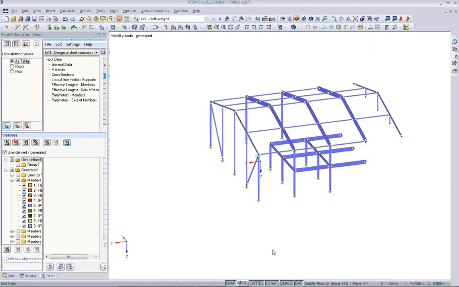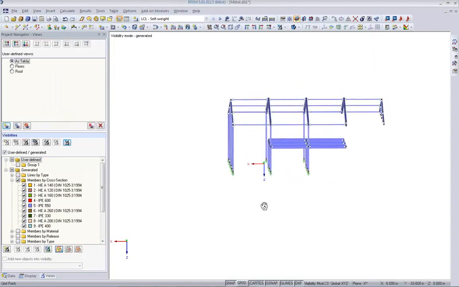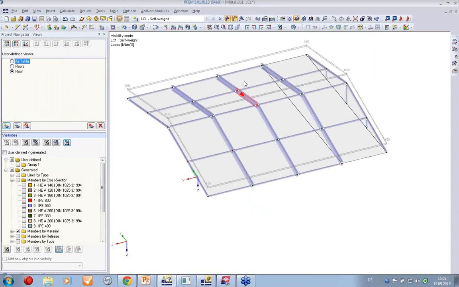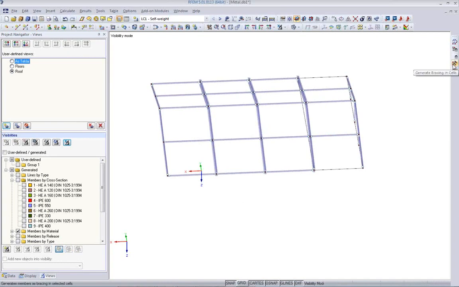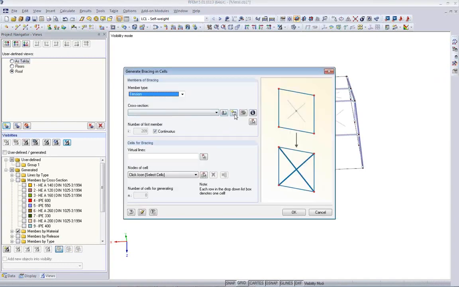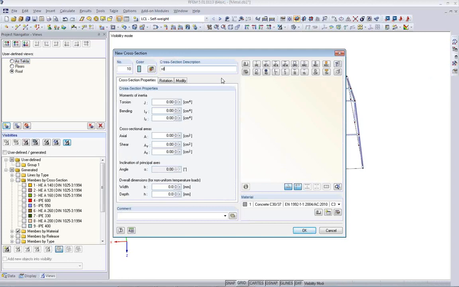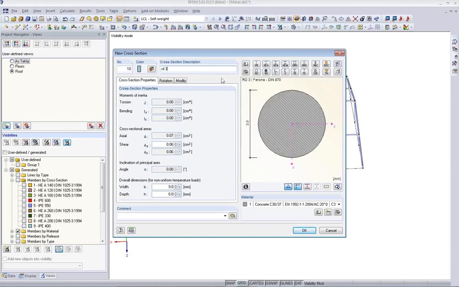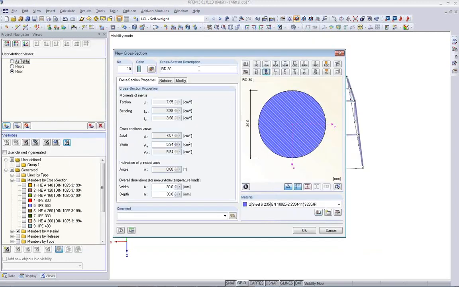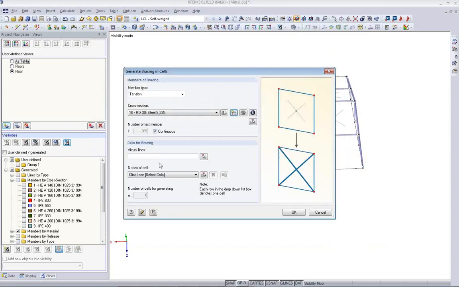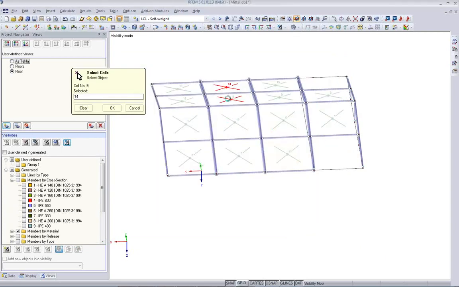Before I run the analysis, I go back and I will enter the bracing, which I forgot. Let's go back to the roof. I have a tool that quickly allows me to add bracings. Tension-only members. I create a new cross-section, which I can just enter here, and I can select steel as the material. Now you can either go to the library to pick it, or you can enter it manually. If you know the name, it will automatically read it from the library. Okay, it's tension-only members, and now I can just select